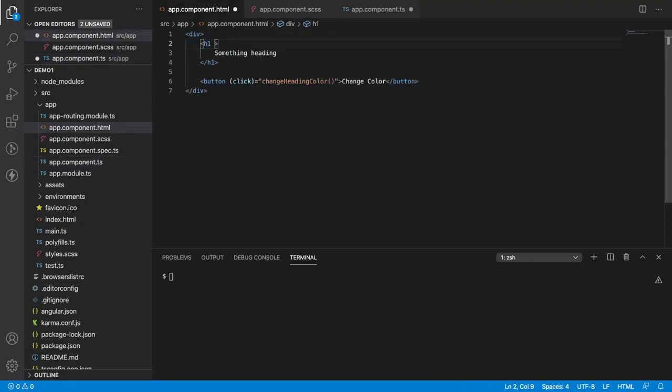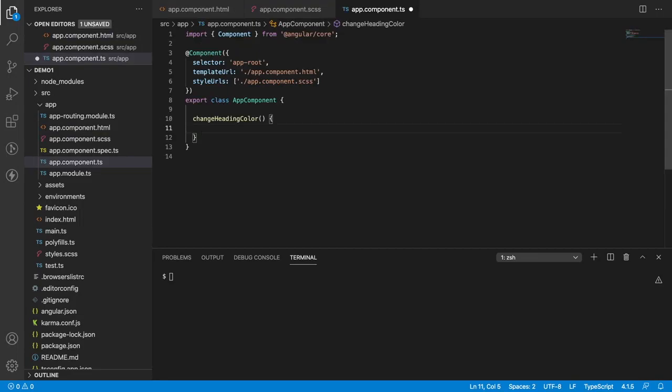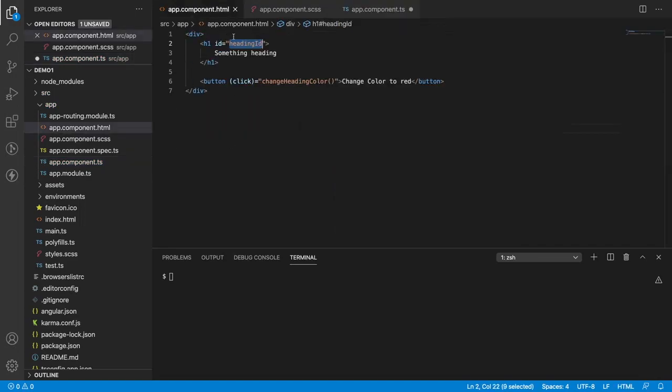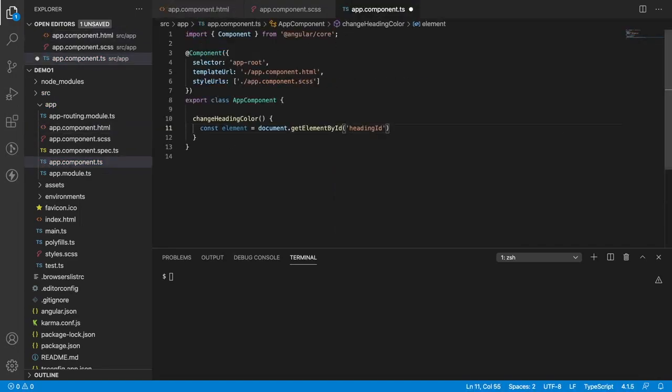Instead of defining it directly in my h1 tag, I'll use an ID, heading ID, and we'll see how to change this color dynamically using JavaScript. I used something like this, change color to red. Save this, and I have an ID. When the user clicks on change heading color, this method will be triggered. Let me create one element equal to document.getElementById of my ID, that is headingId. Let me copy that, paste it here, and if the element exists,